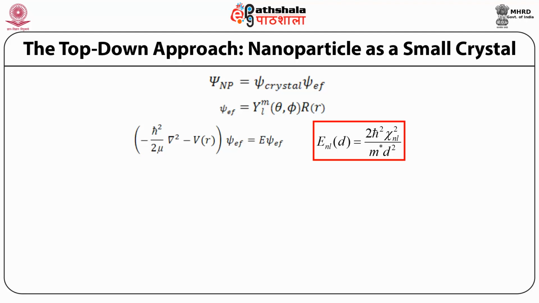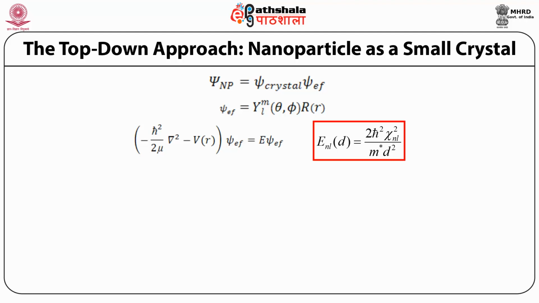So the eigenvalues can be obtained by putting the spherical potential well in the Schrödinger equation as minus h cut square by 2 mu del square minus V(r) multiplied by psi EF equal to E psi EF, which gives the following solutions for the discrete energy levels of an electron confined in a